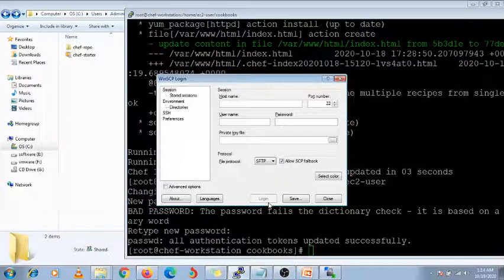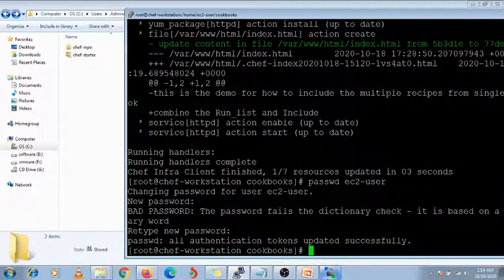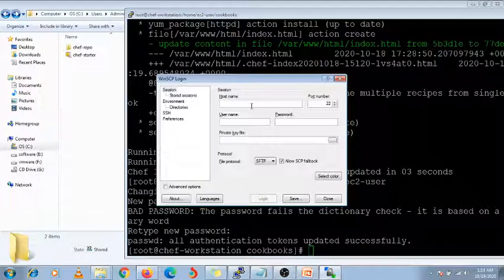Okay, one moment. Paste it here, ec2-user.